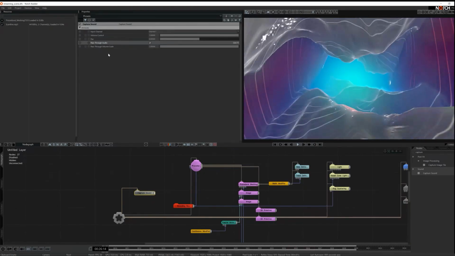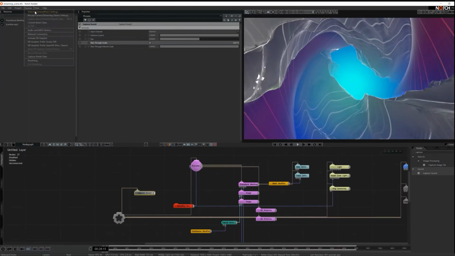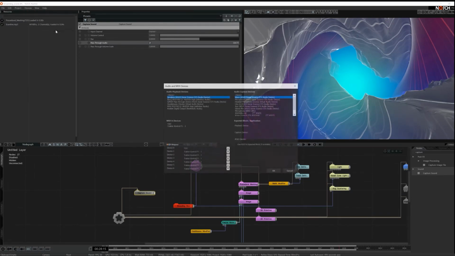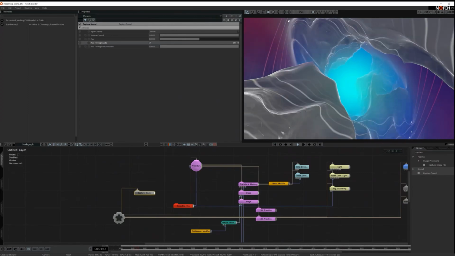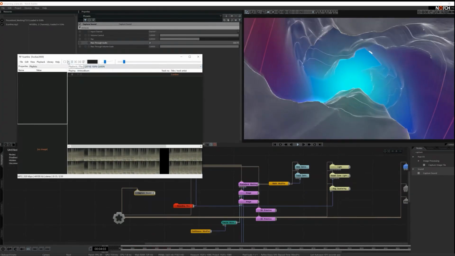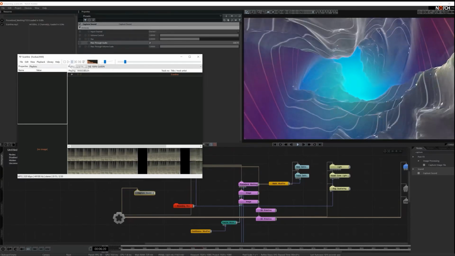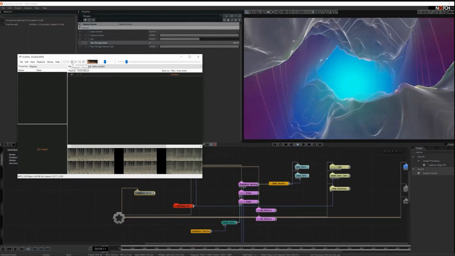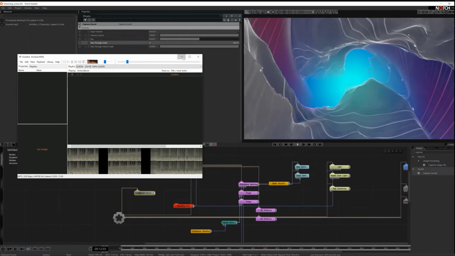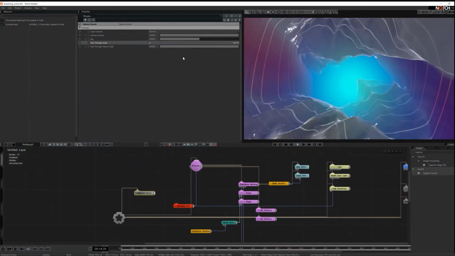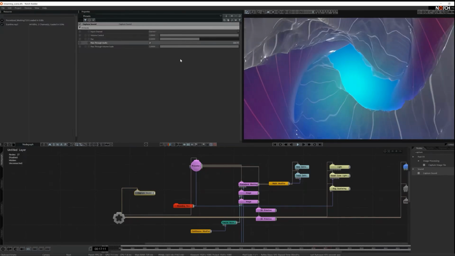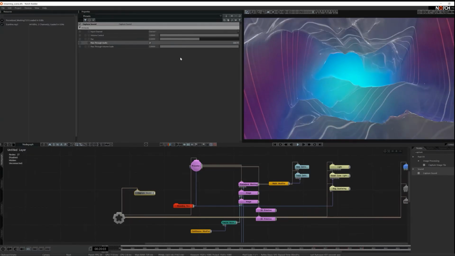To configure the audio device you need to go to Devices, Audio and MIDI Devices, and then Audio Capture. If you want a microphone, choose your microphone, and I want to capture sound from Windows. Click here and OK. And if I play some music, as well as capturing live audio, you can also use a Play Sound node to play MP3 or WAV files directly into the stream.